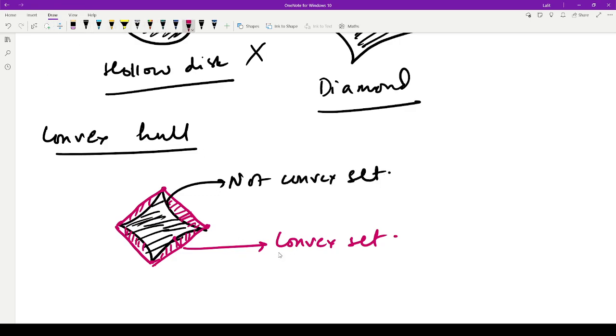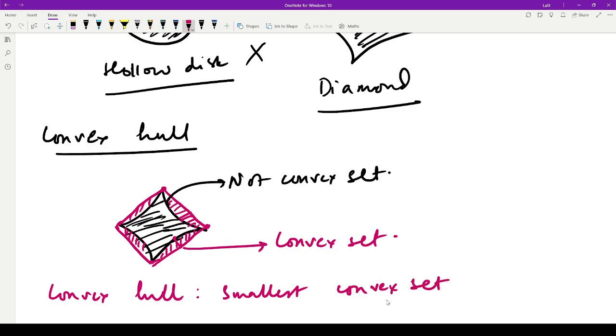So the convex hull is the smallest convex set. I'm saying smallest because that's how it is by definition. You don't want to cover more area than needed. This is also a convex set if you want to define it, but it's way too expanded compared to the original object size. So yes, the convex hull is the smallest convex set